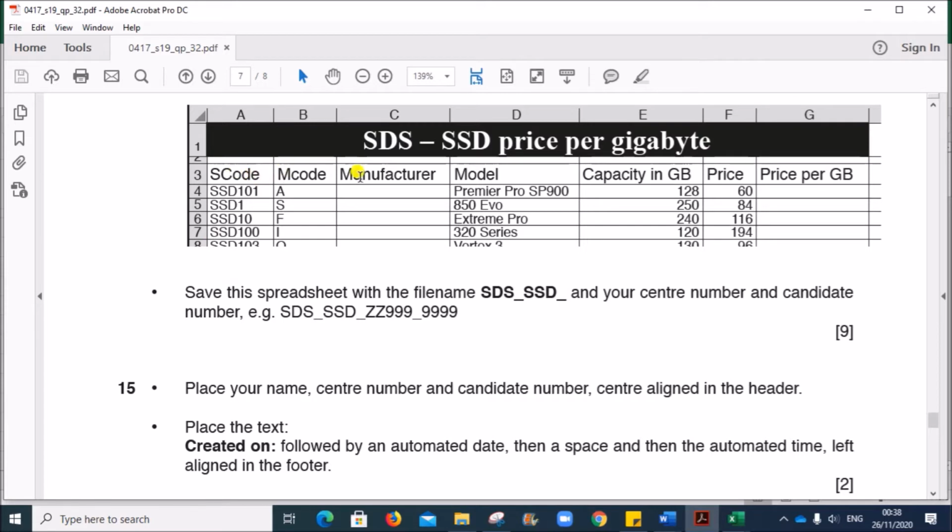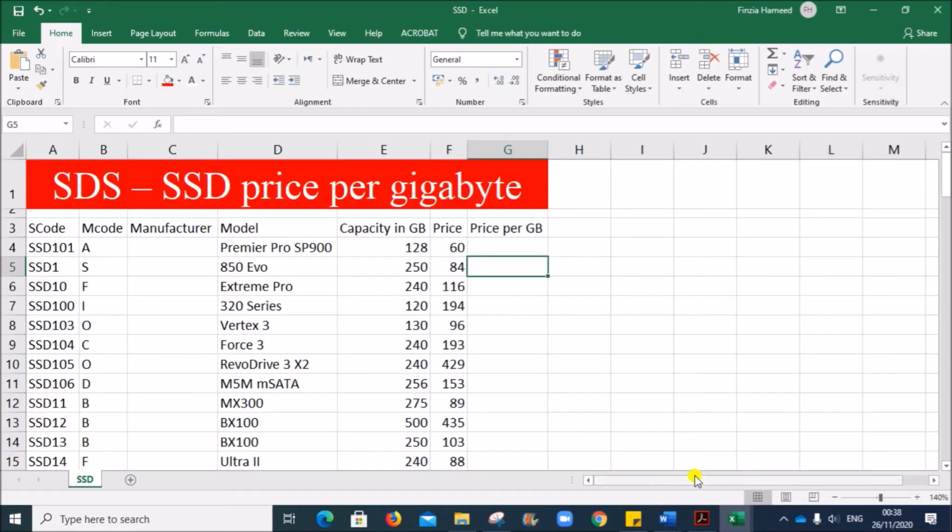And you can see all these labels in row 3 are a little bigger than the data. You can see this one, the size is 11 here.